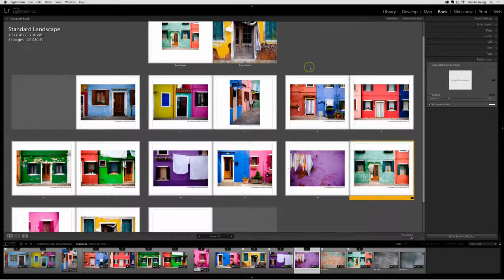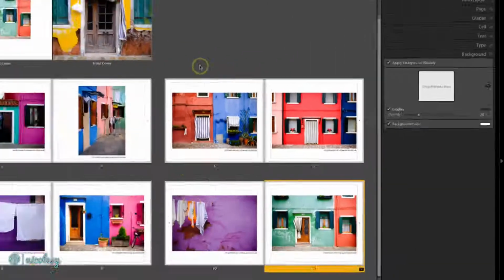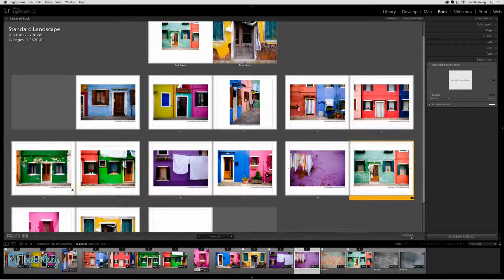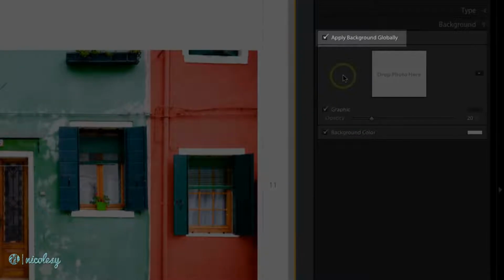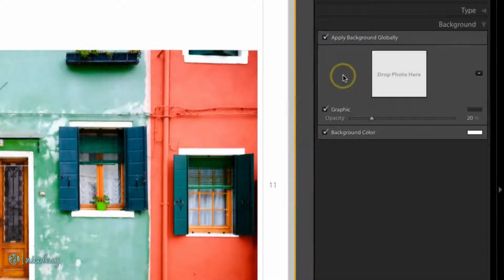If you would like to change the background of your book, you can do that using the background panel. I'm going to go ahead and zoom in on this spread so we can see these changes a little more closely. First of all, you have the option to apply the background globally. This means that whatever changes you make inside of this panel are going to affect all of the pages in